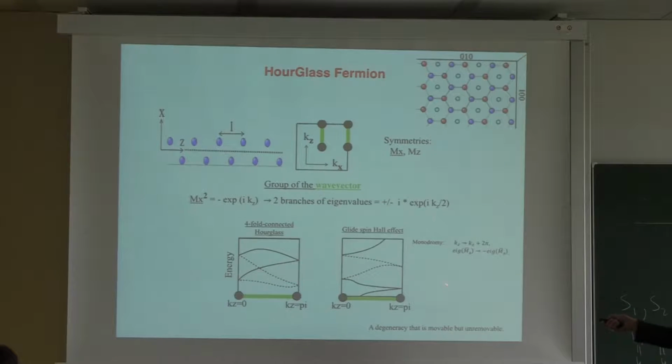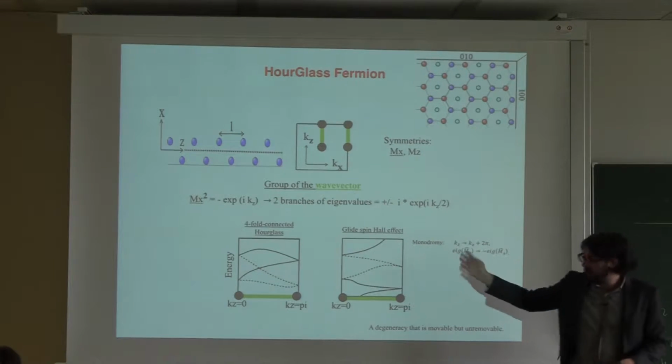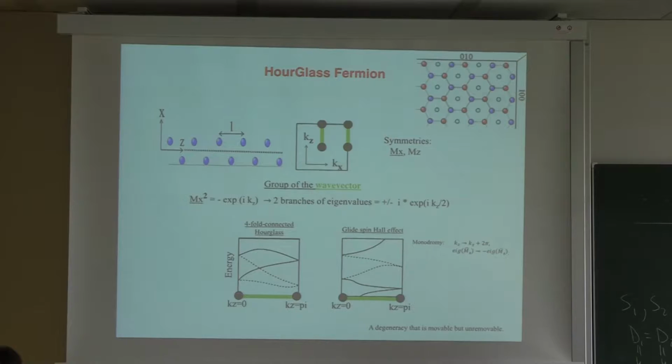This is just the surface, right? This is the Brillouin zone of the first surface. This is a weird flow. This is just the quantum spin Hall flow, really. If I didn't tell you that this was dotted and this was not dotted, this would just be the Kane-Mele quantum spin Hall flow. You can call it the glide spin Hall effect, because you can actually measure glide eigenvalues in ARPES, turns out.